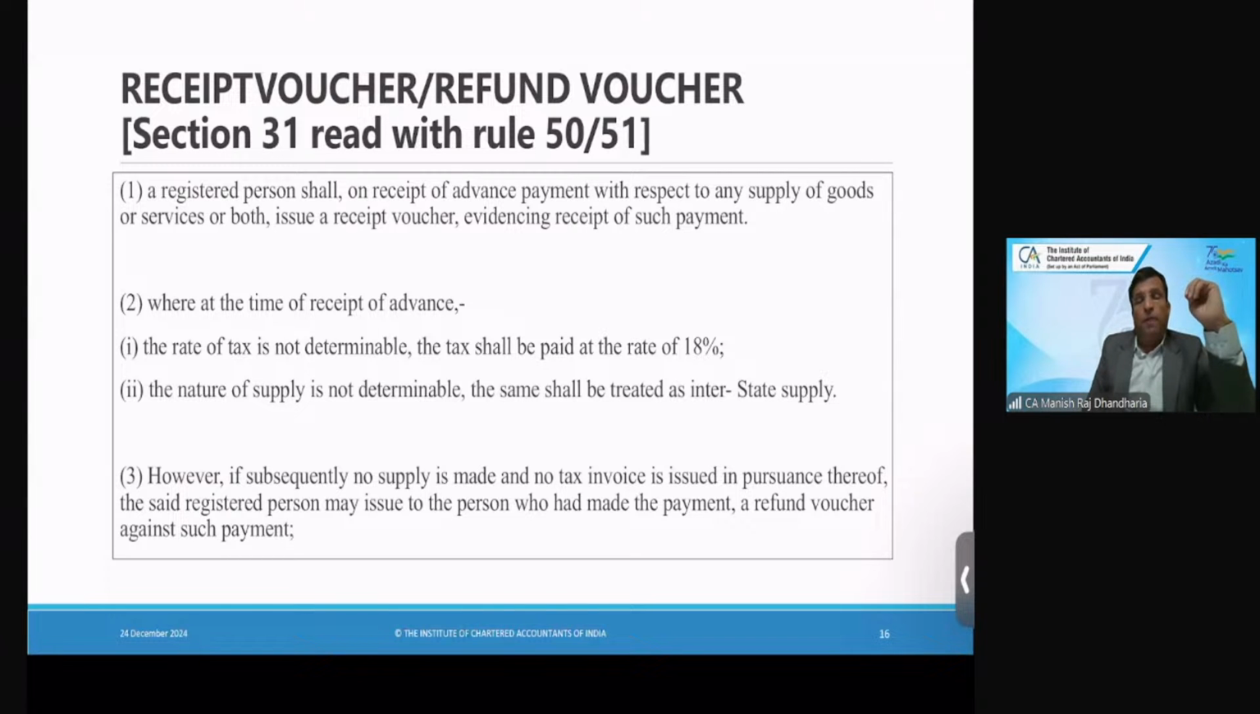Mainly this concept is with respect to services now, because in case of services you have to pay the taxes even if you receive advance. If you receive advance, then you have to pay tax on advance. So in that case what we do, we issue a receipt voucher. In the receipt voucher we'll mention all the details, rate of tax, value, all those details, and the tax we collect we will deposit in GST. Okay,